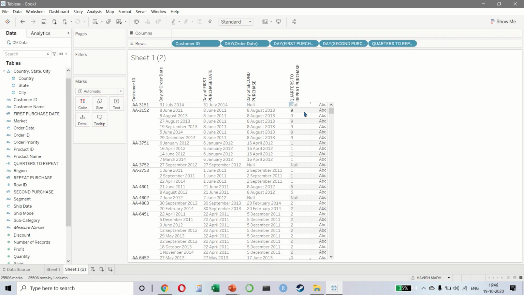And if you notice, it is telling us the number of quarters here, which means the customer AA3152 purchased for the first time on the 8th of June 2011, which was the date of the first purchase, and the second purchase was the 8th of August 2013, and that means there was a gap of 9 quarters. If you notice, 3751 is 1 quarter, 6th January, 16th April, and if you scroll through the list,